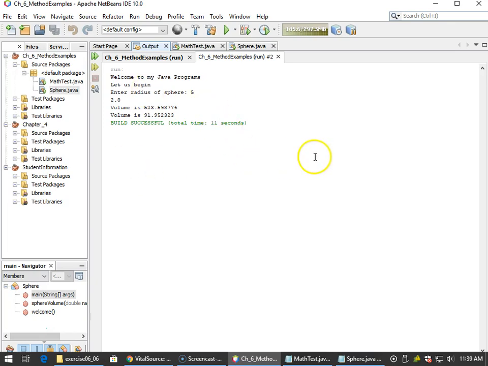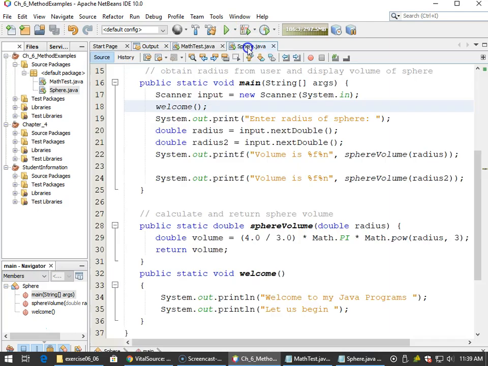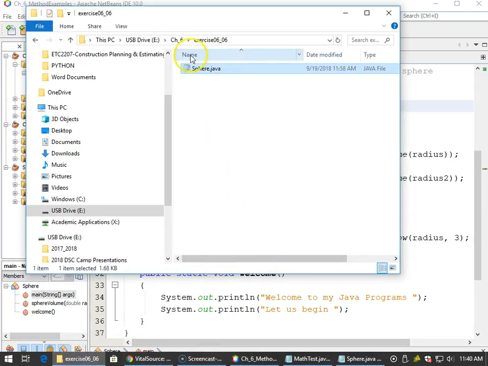All right, so any question here in this sphere method? No problem. Again, it's a static method. Okay, that's why I can call it anywhere in this program. Okay, that makes it easy. I can call it anywhere. Okay, let's take a look at